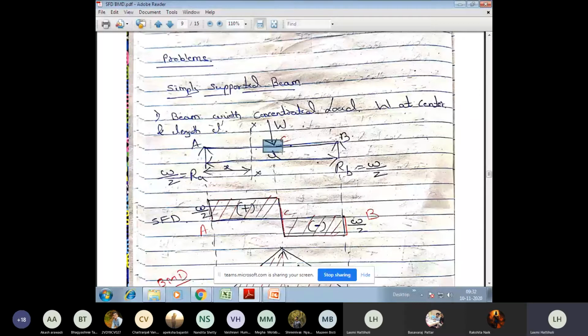Next, come to the point C. Now, when you come to the point C, once again, you need to consider the load which is acting at the point C also, as well as to the left of the portion. Now, if I want to calculate shear force at C, left of the portion as well as on the point C, how many forces you have? Two forces, plus RA minus W. Correct? Plus RA minus W. So you will get minus W by 2. W by 2 minus W is minus W by 2. So shear force at C is minus W by 2. That's what you have got here.